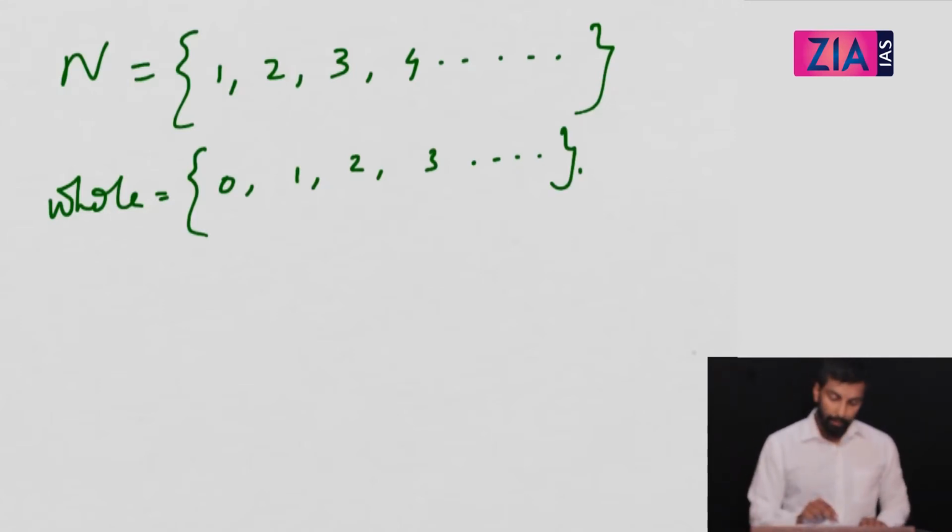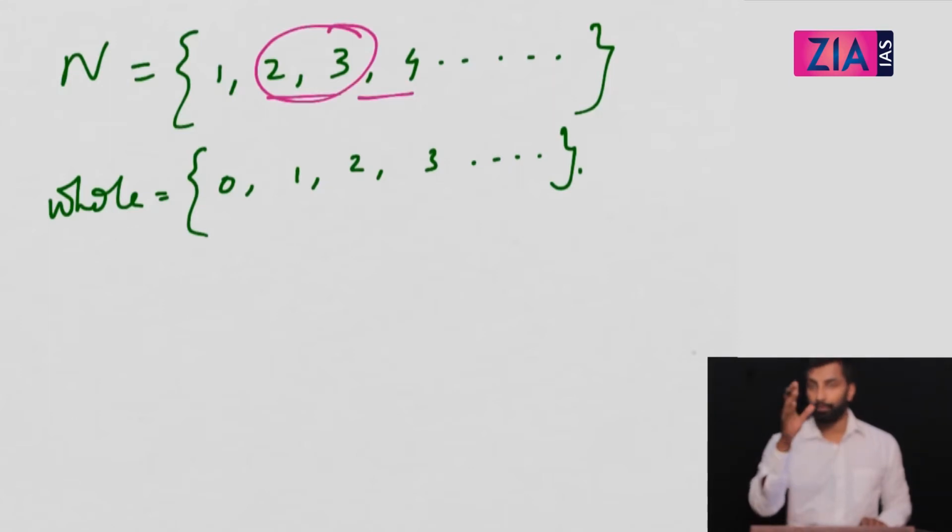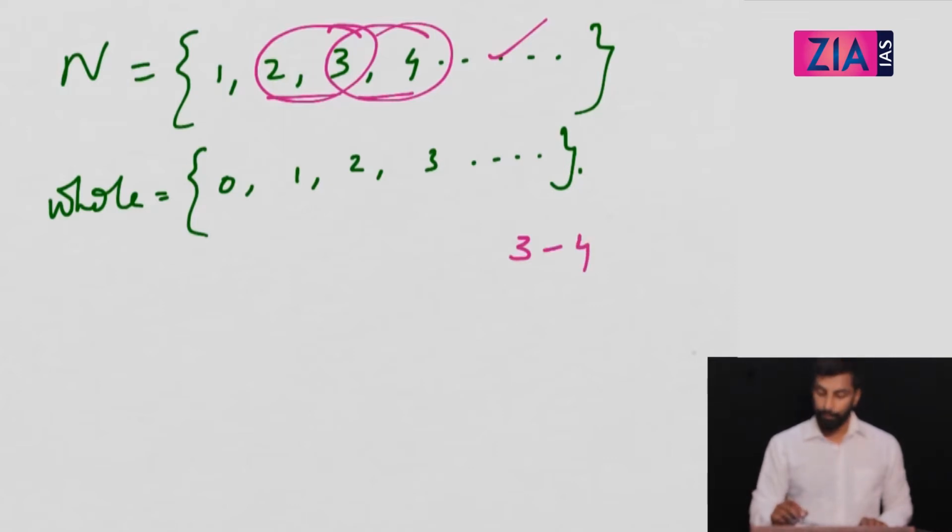If you take any two numbers, say 2 and 3, and add, you get 5. That 5 you will find in this series itself. If you take 3 and 4, you get 7. That 7 can also be represented in the same set, natural numbers or whole numbers. But if you subtract 3 minus 4, you get minus 1. The problem is, where will I represent minus 1? To represent this operation, I need another set of numbers that includes negative numbers also, and that's where we introduced integers.